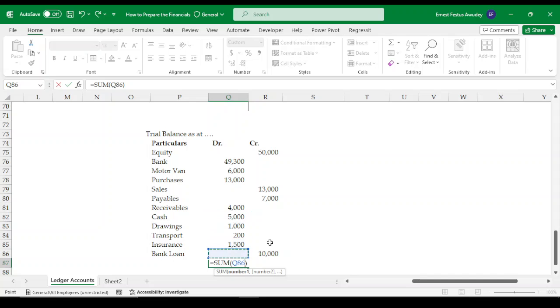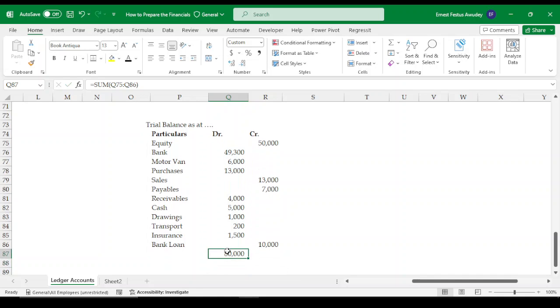So quickly, let me use my arrow keys. So pressing and holding my shift, I can use my up arrow to select everything here and hit enter. And that gives me 80,000. I can just copy this across using Control R and that gives me 80,000. This means that